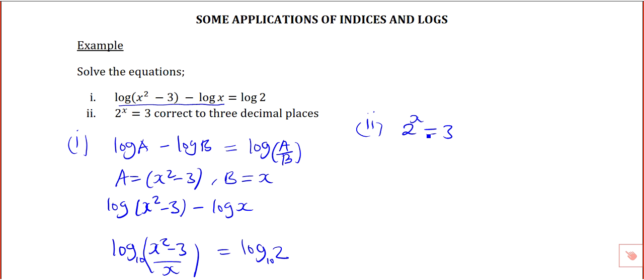So again, from here you are going to get the value of x, and because we have a base of 2 here and a base of 3, the rules of indices might not apply. So what we do from here is introduce logs on both sides